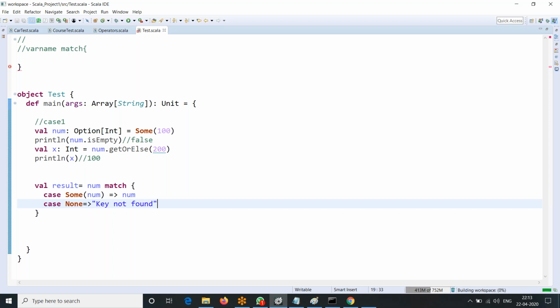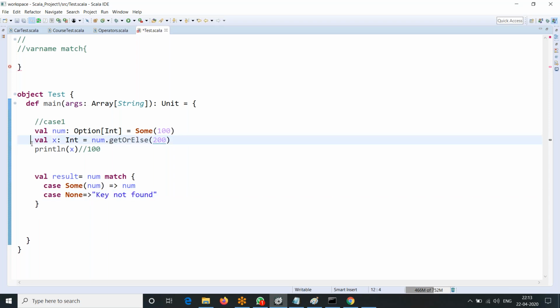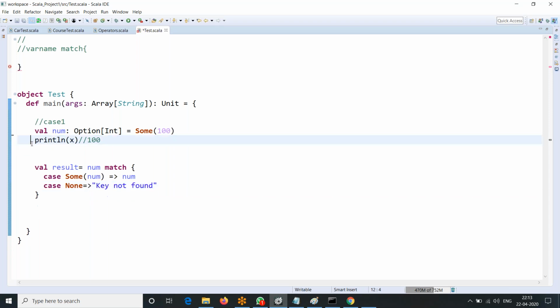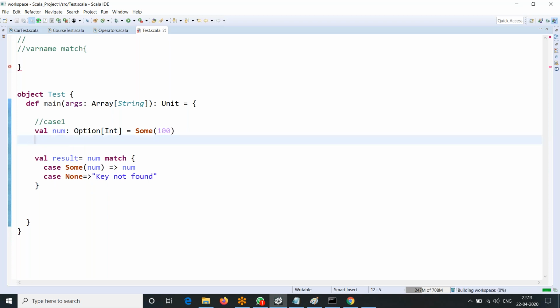Okay, or value not found. You can say here, you can give anything of your choice, whatever it is. So this is a simple pattern matching with the option. Here we don't need isEmpty or all this, it is not required. You can just right away make it straight up. Just Some given this x is not necessary. Okay, save it. Then finally println of the result.